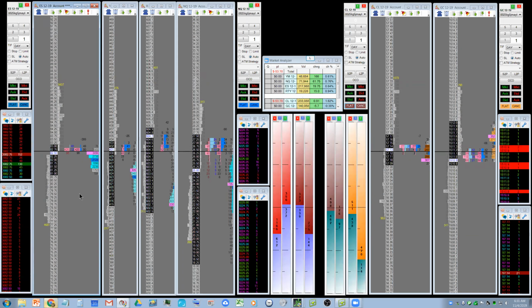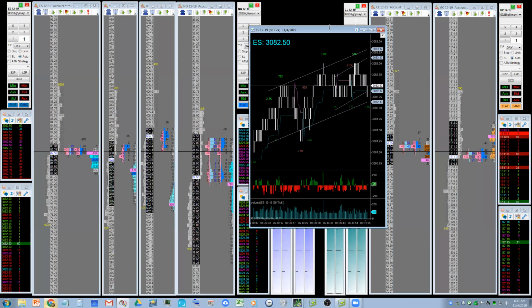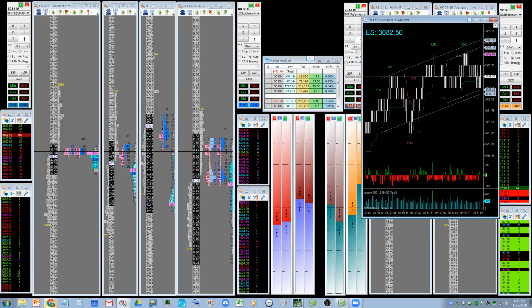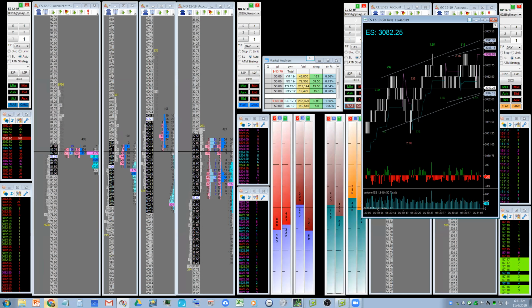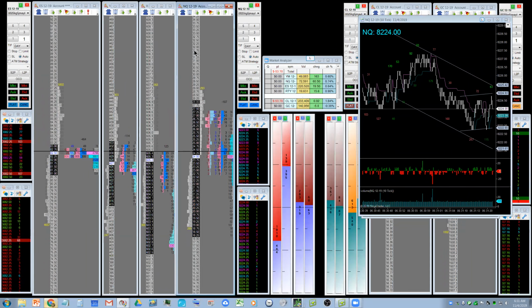Remember those nodes we were watching? And if you're watching this on the LRCs, let's tell you what, let's bring that one over, and we'll bring over the one for the NASDAQ too, just so you guys can see them. All right, so I want to be able to see my other stuff. Let's just watch the NASDAQ. That'll actually be more intuitive. So there's the NASDAQ's LRCs for this price action.